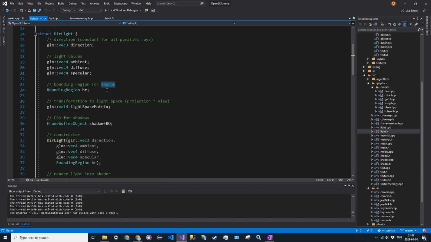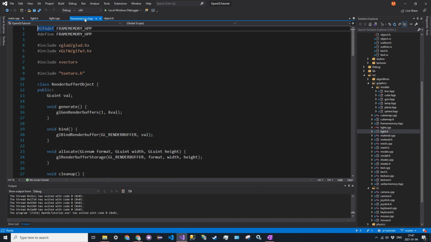So since we have a limited range, we essentially have to deal with the case that the fragment we're looking at is not in that box. So this would mean figuring out what to happen on the border, and what to happen if it's too far away, and the numbers will make sense once we write the code. So the first thing we're going to do is in framememory.hpp, and we actually are going to